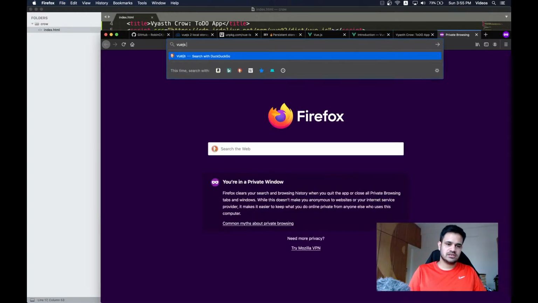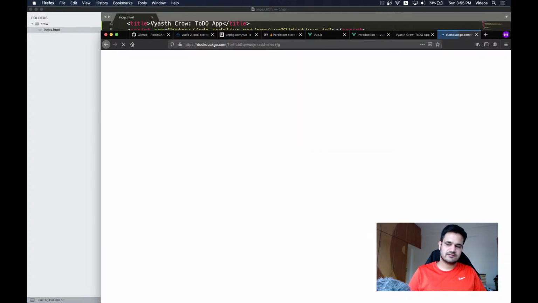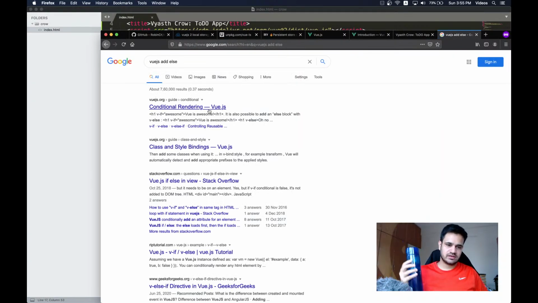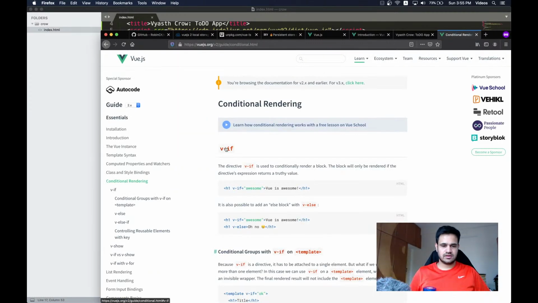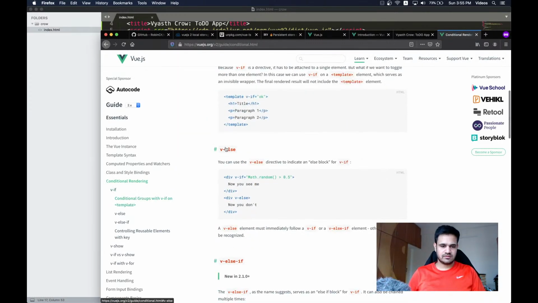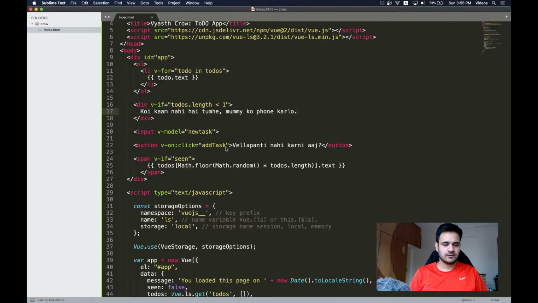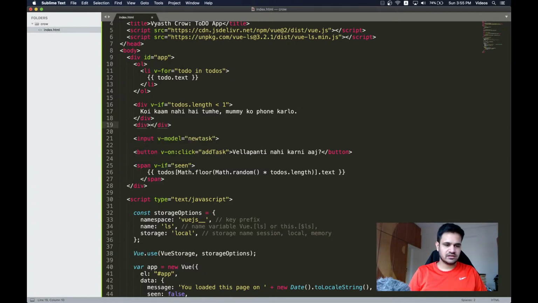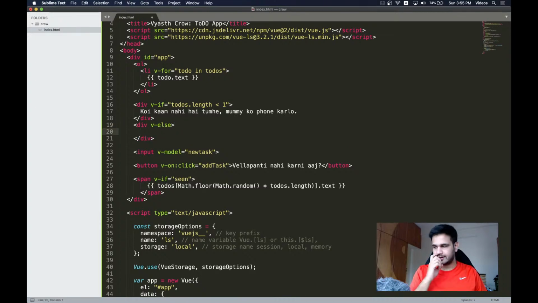Okay, Vue.js add else, conditional rendering v-else. Okay, v-if, v-else. So it will just follow directly, and the text that we have is